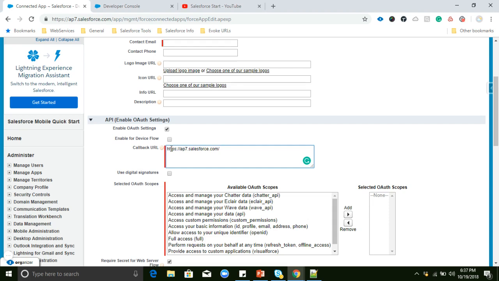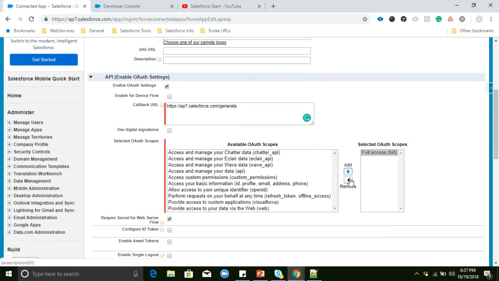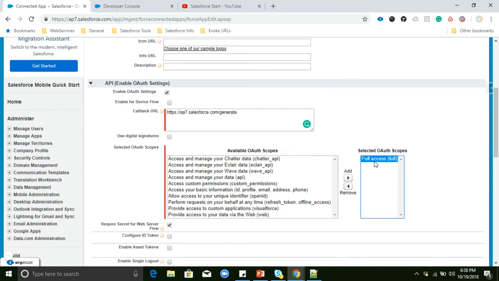And here we need to select full access, for example if the third party wants full access to our Salesforce org. These are the main things to consider: name, API name, email, callback URL, and full access.